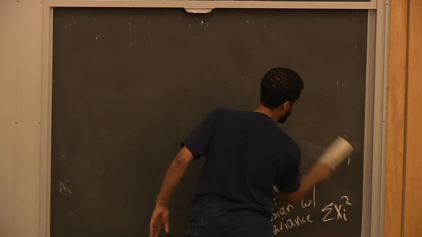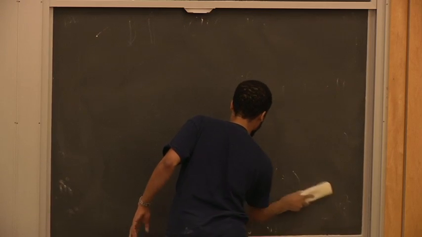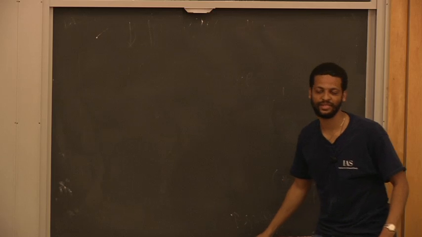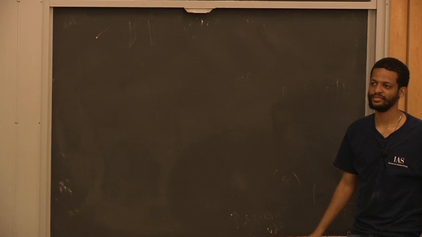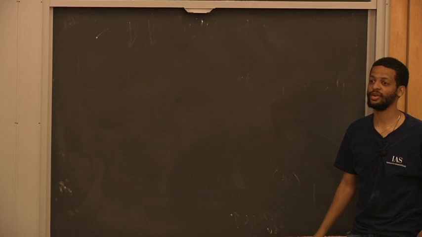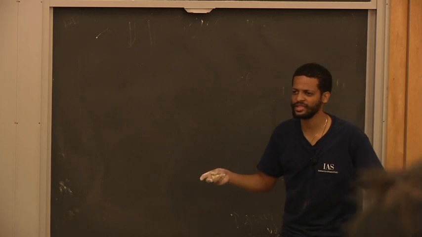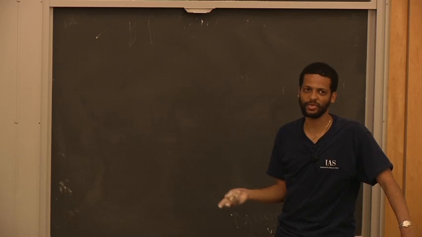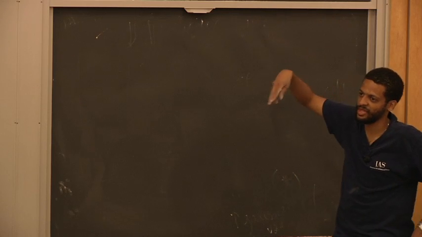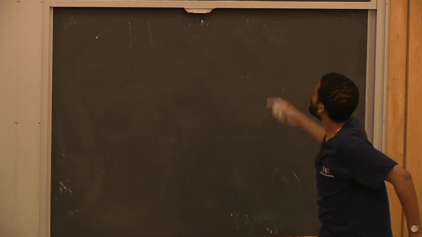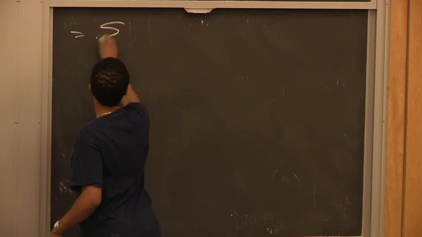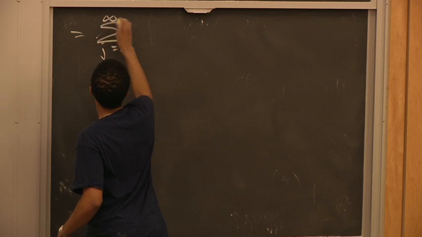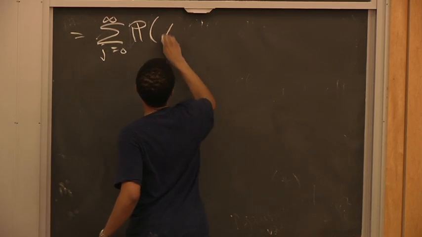So if xn is equal to j, what are the possibilities for what xn plus 1 might be? J or j plus 1. So 2 to the xn plus 1 will either be 2 to the j or 2 to the j plus 1. So that thing is equal to the sum over all j of the probability that xn is equal to j of,